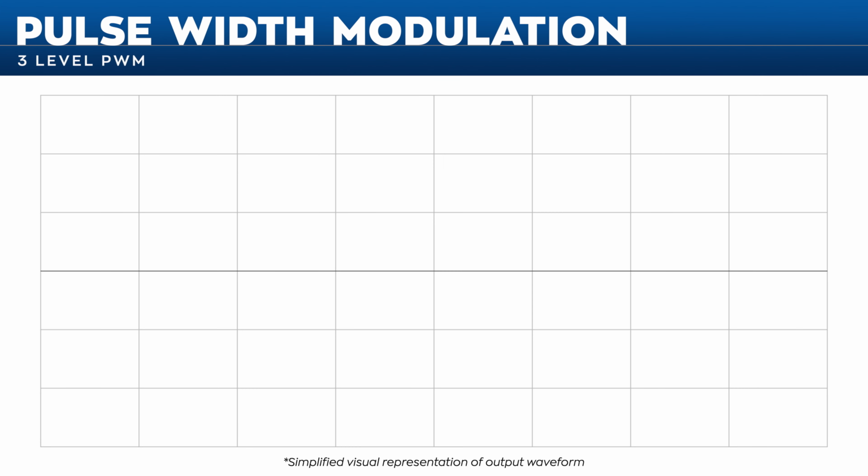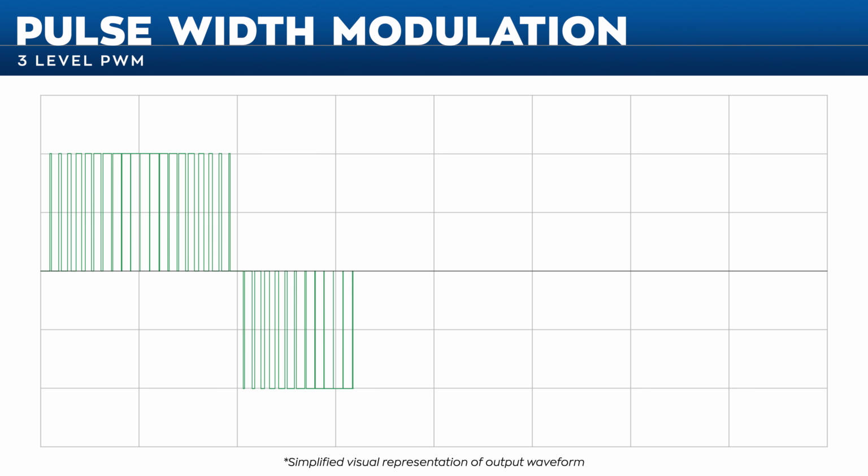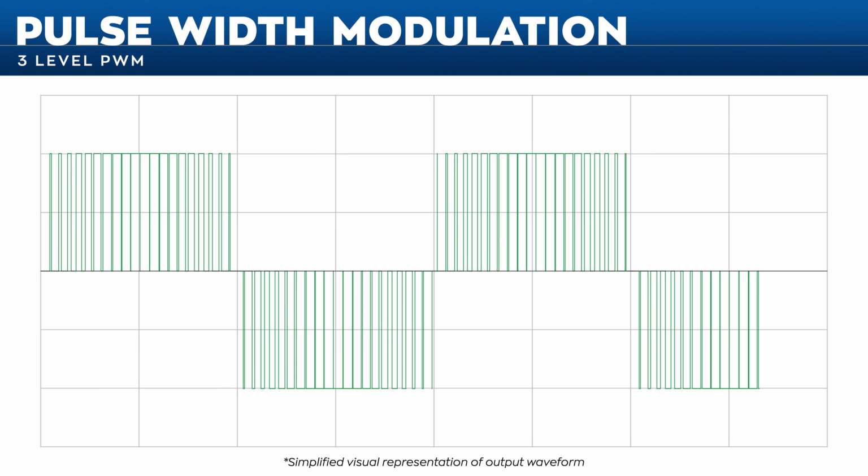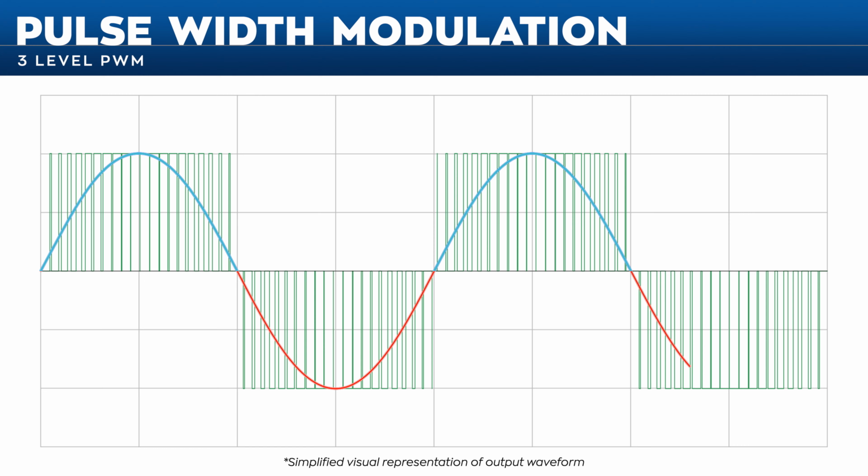Pulse width modulation, or PWM, is a process in which a controller varies the average output voltage by switching a higher voltage on and off at a high rate of speed. The IGBTs switch the DC bus voltage on and off thousands of times per second. The drive then arranges short pulses and long pulses such that the average voltage of the pulses approximates a sinusoidal